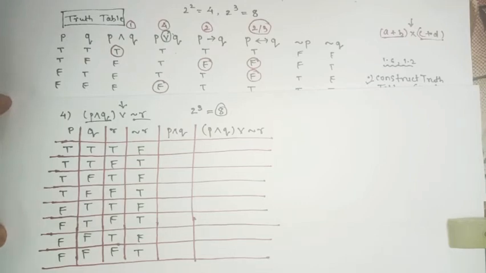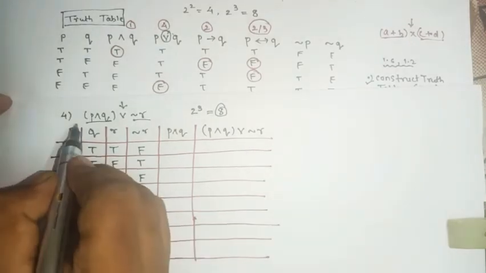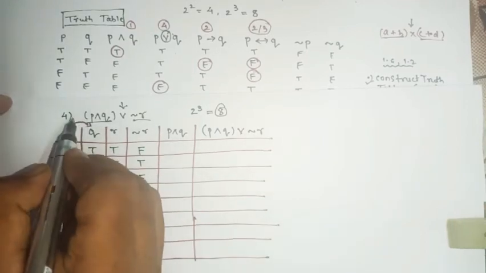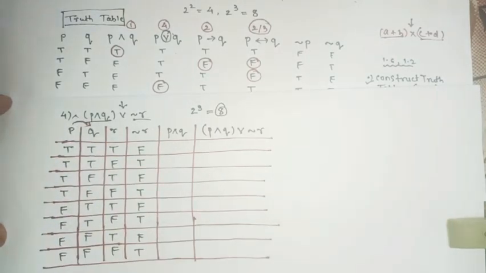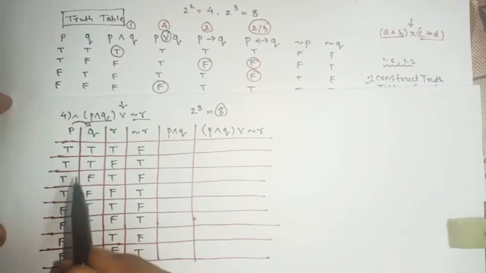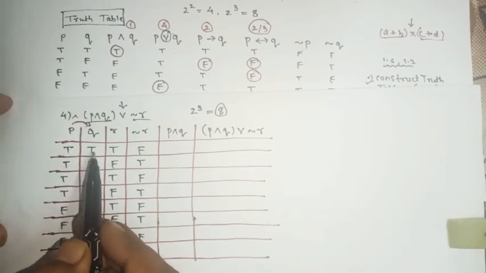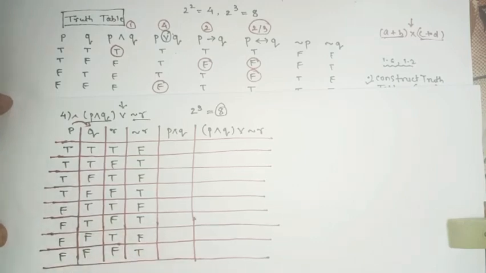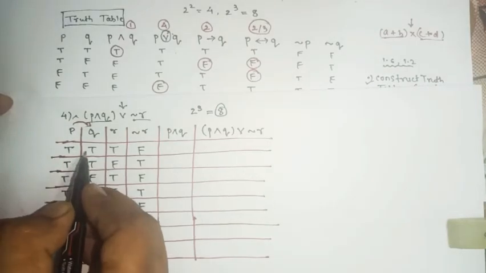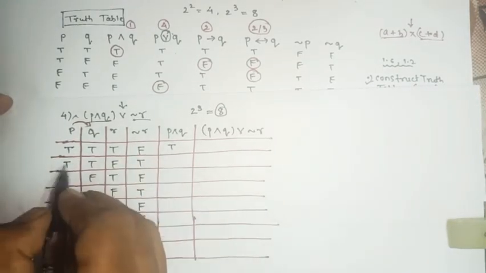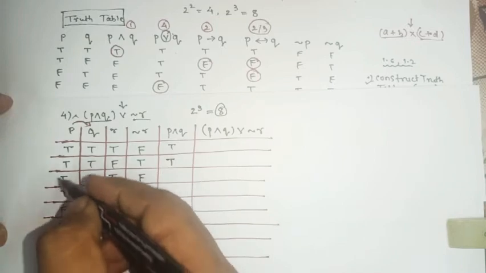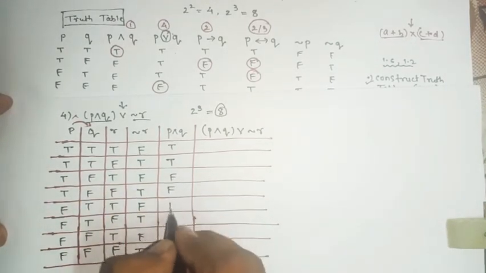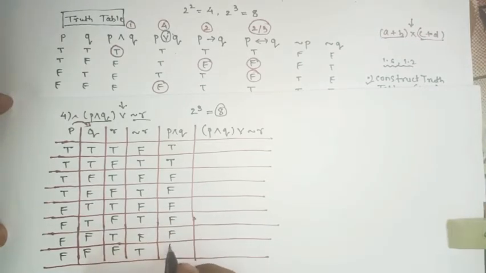P and Q, yes or no? So between these two, what is the connection? And, yes or no? So check only for true, true. True, true, true, true. बाकी किधर भी नहीं है. So can I say true and true will be true, true and true will be true. बाकी किधर भी नहीं है ना, देखो ना, true, true, true, true दिख रहा है. So the rest will be what? False.